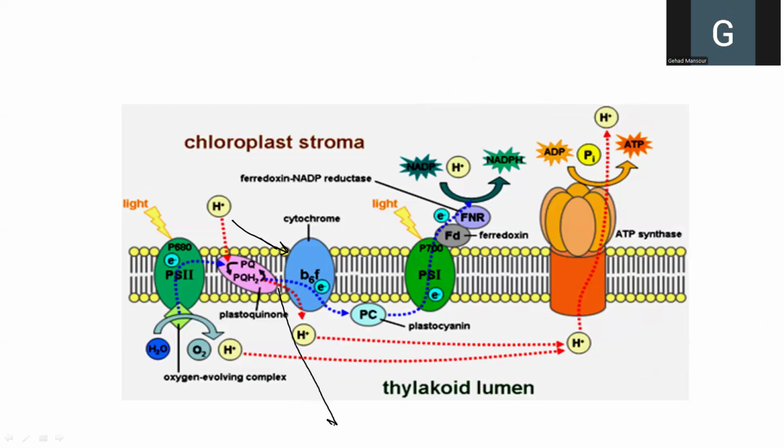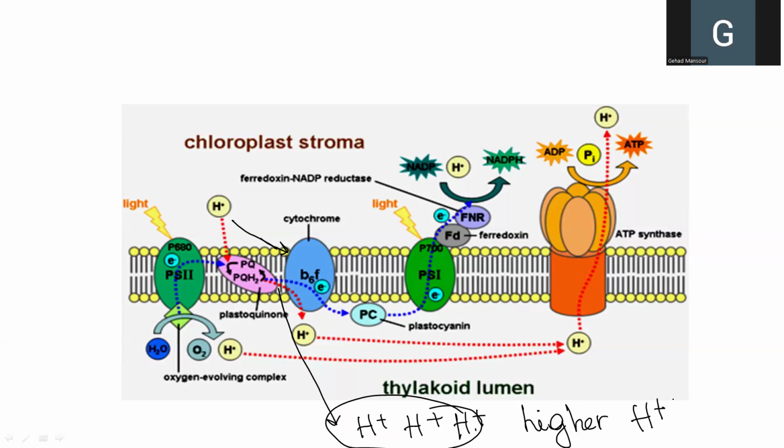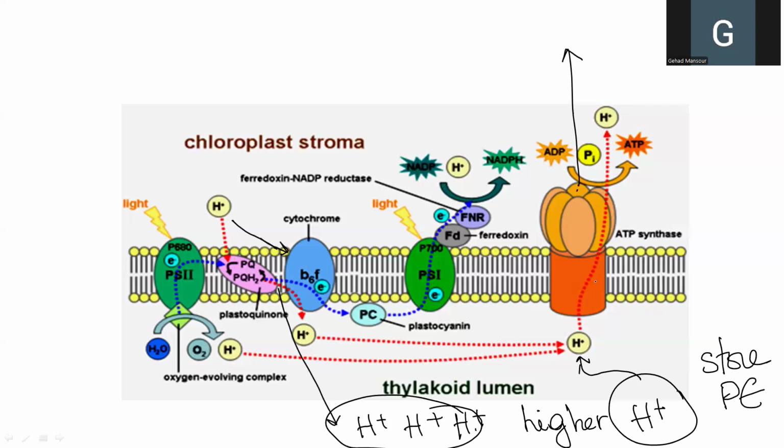But what happens actually is that we have a series of electron carriers. And these electron carriers are pumping protons inside. So this energy has been stored inside the protons. And then after having pumped a lot of protons, we now have a higher proton concentration inside the thylakoid, inside the grana. So these protons that store a lot of potential energy will now diffuse down the concentration gradient through this